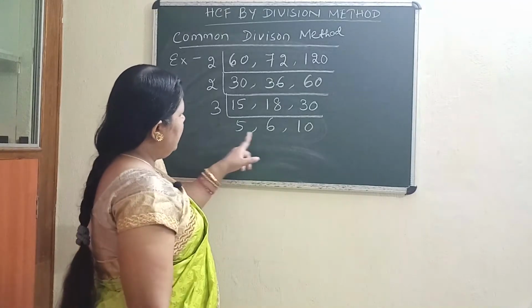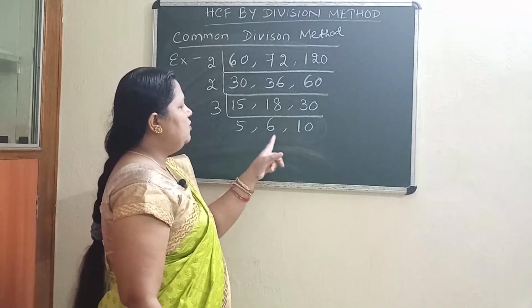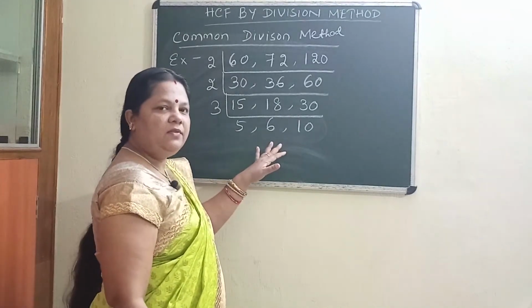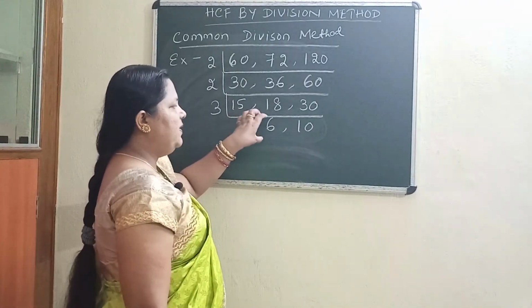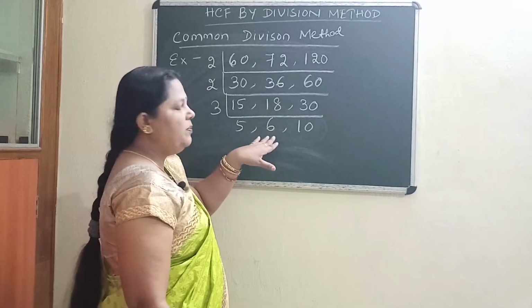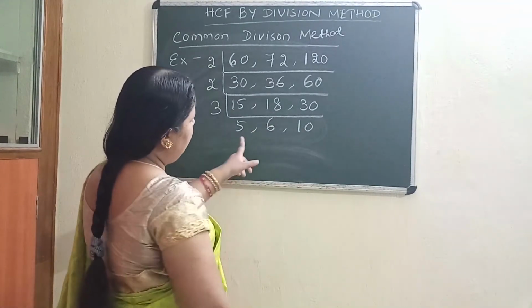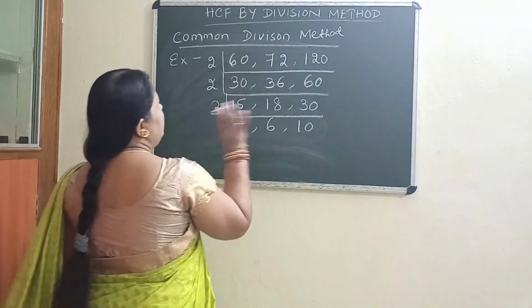Okay, so in this step, see, you got here one prime number and these two are composite numbers. So there is no more common factor, other than 1. So from this step your division is over. You will not proceed any more steps, because you are not getting any more common factor to divide 3 numbers at a time. So now your division part is over.